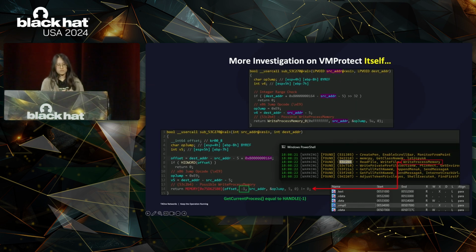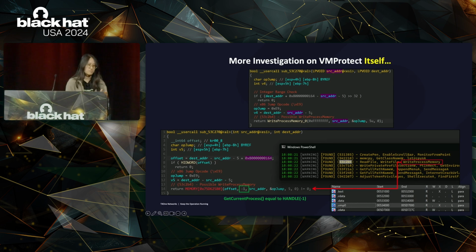And this practical case is something interesting we want to share. This is not the original program itself, it is the VM Protect program itself. We found that there is a WriteProcessMemory call over there, and the reason it is doing this is that it is trying to find out whether this program is running inside a sandbox or not. On the top of the picture, sorry for the tiny text, in the if statement, it is trying to write a huge integer number on the 64-bit section,